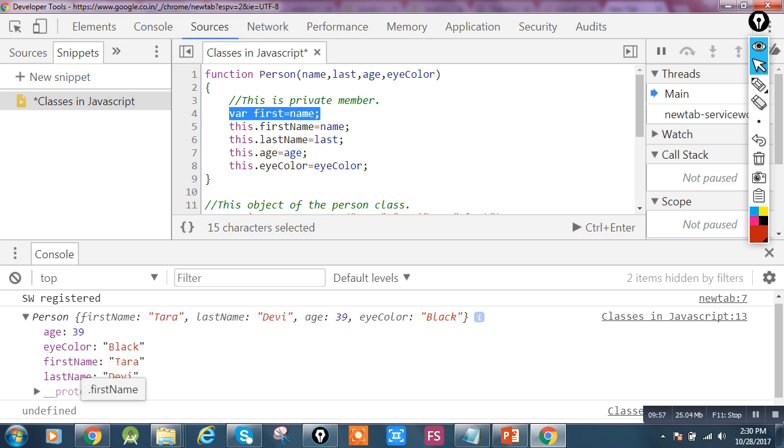So this is all about classes and objects in JavaScript. So I hope